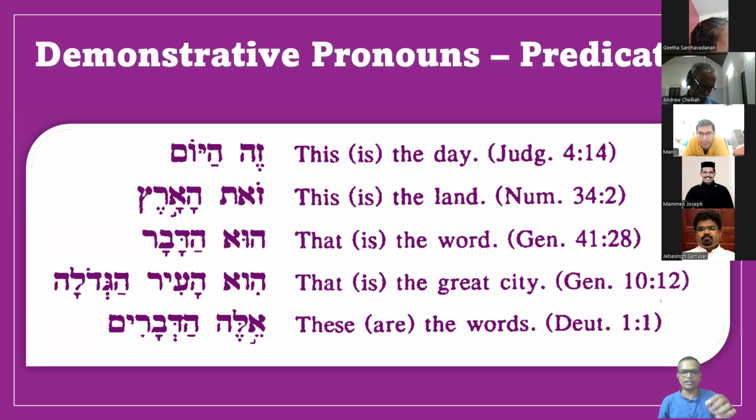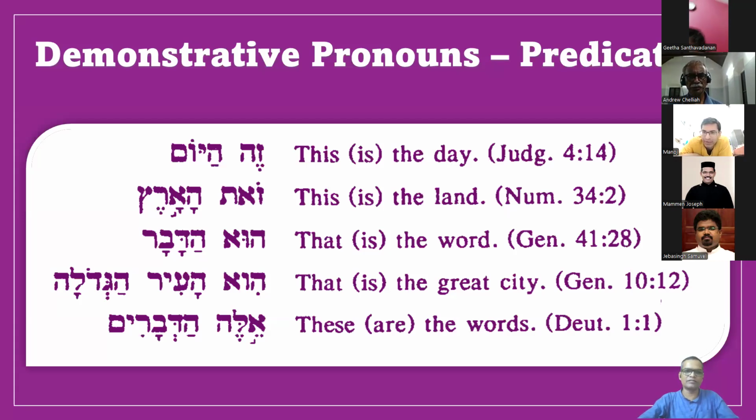So when you see this here as a demonstrative pronoun, it is hu, which has to be translated as she. It is not by mistake, and it is not a typographical error. This is how it appears in the Pentateuch: Genesis, Exodus, Leviticus, Numbers, and Deuteronomy.